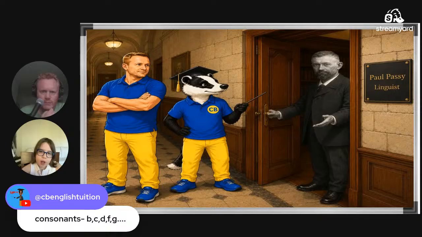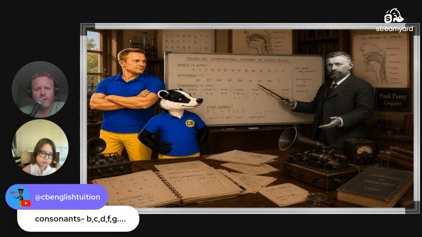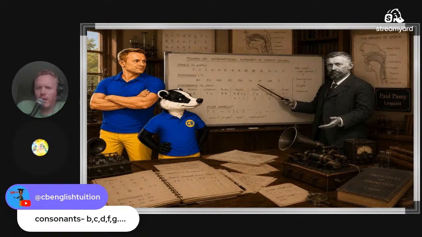How is he going to help us? He'll make a new alphabet. Yes. So we're going to his office or his laboratory, and he has this idea for a new alphabet, a new system of symbols, which will be a better way for us to represent sounds. Because the Roman alphabet in English was a bit of a mess. Well, especially the way we used it.